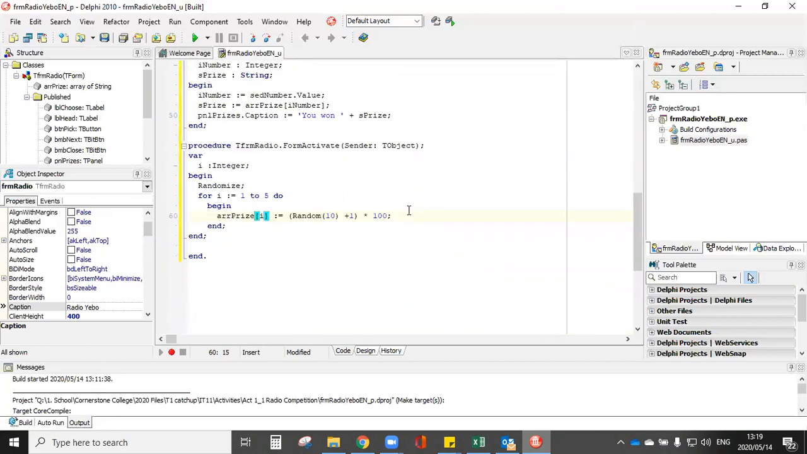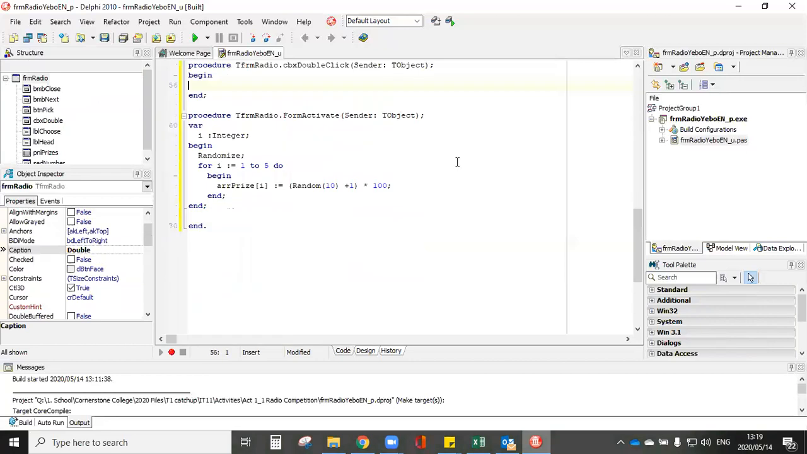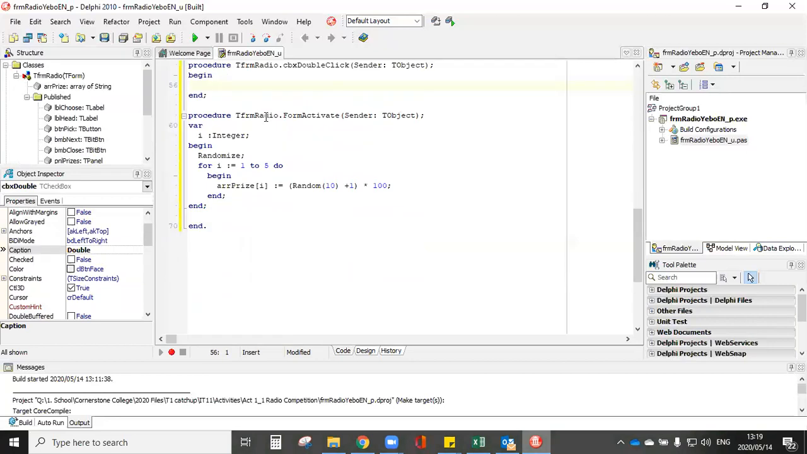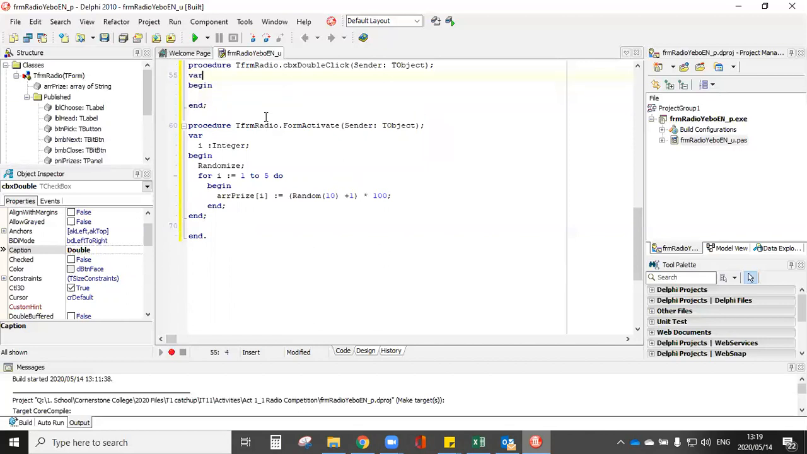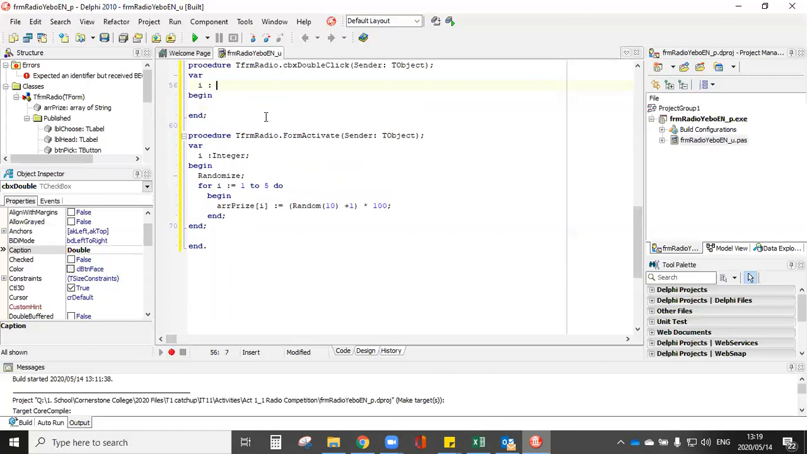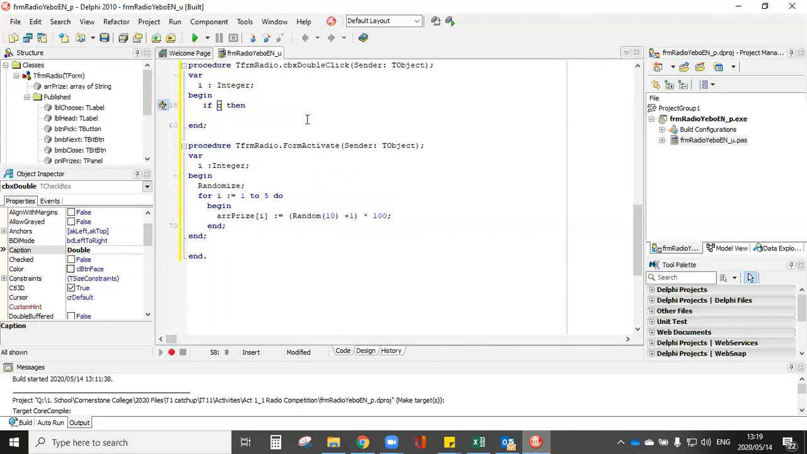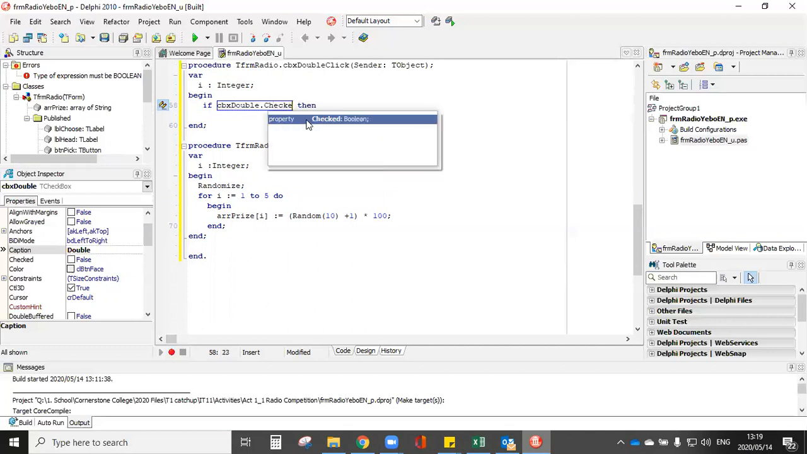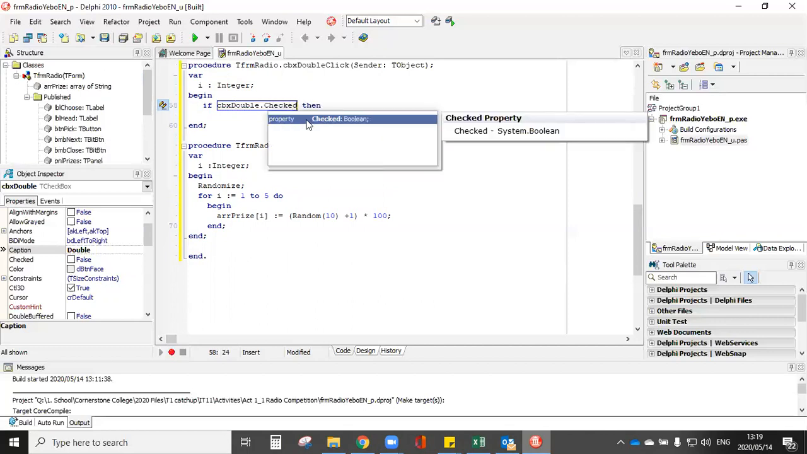Okay. And then the next thing I'm going to code is the actual checkbox. It's going to open CBX double for me. And on CBX double, I'm going to declare a variable also, var, and var is going to be an integer. And then I'm going to use an if statement. If CBX double dot checked. So if it is checked, that's my property, then